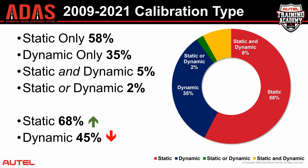If you recall, when we were on the dynamic calibration slide, most OEMs call for minimal traffic because you need a free and clear space in front of the vehicle being calibrated in order for the camera to be able to detect objects. But it's not just traffic. It's also weather conditions. If it's raining, snowing, foggy, the camera can't be calibrated. If there's snow on the ground, leaves on the ground, if the camera can't see lane markings clearly, the dynamic